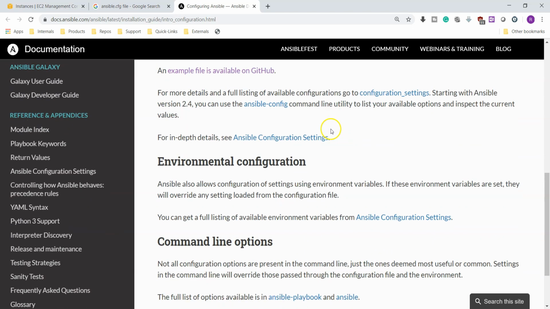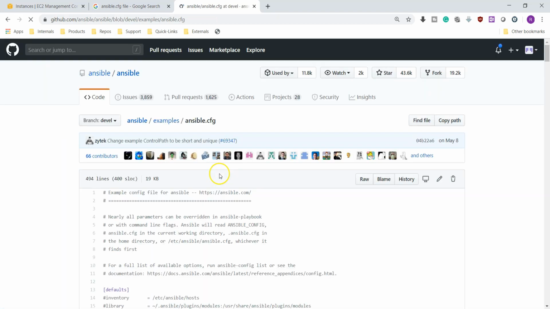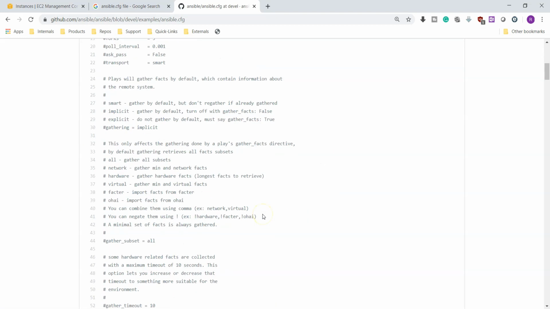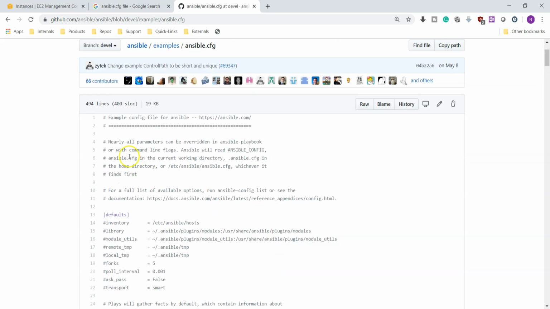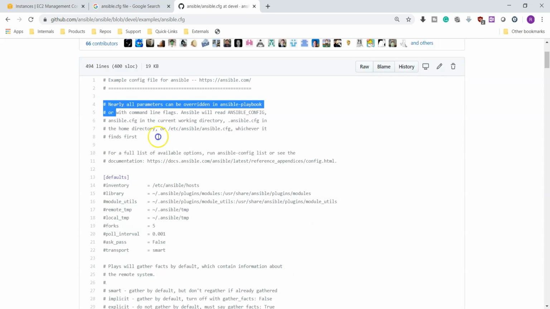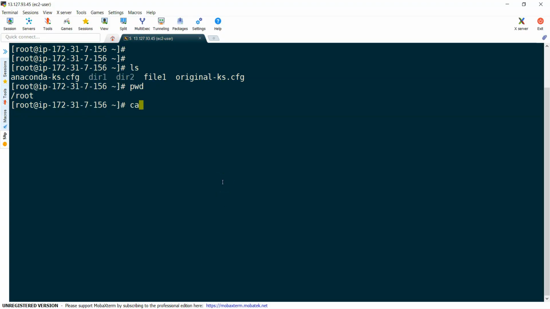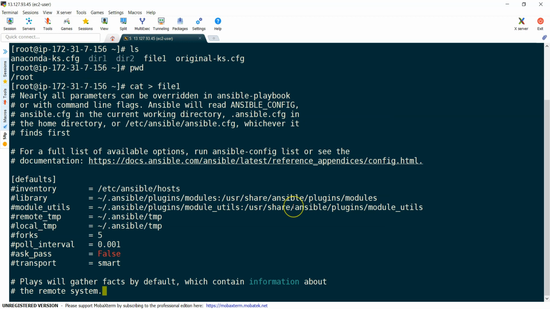Moreover, this is also from Red Hat. If you see here, it is saying the example file is available on GitHub. We are just grabbing it. So this is the file, but we don't need the complete file. I am going to grab only a few lines so that it would be easy. Around 20 lines I am grabbing and copying it into our file. So I'm copying into file1 itself, so the existing content is going to be replaced with this new content.